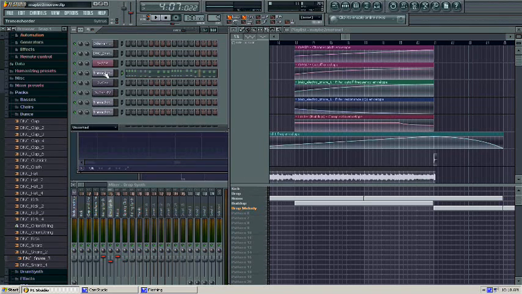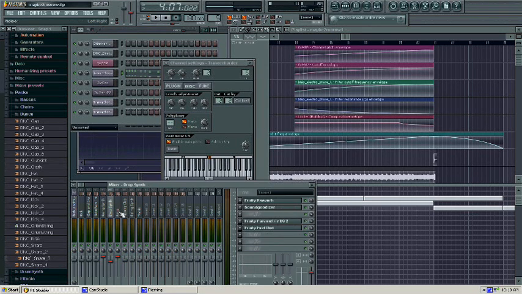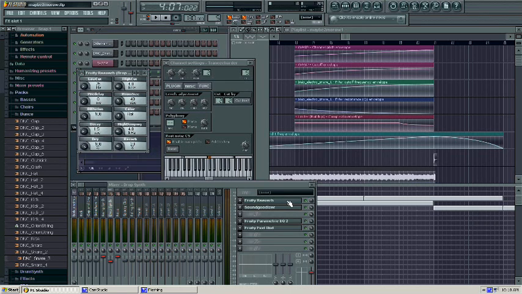Now on to the actual effects that we're putting onto it. I have mine routed to mixer channel 5, so I'm going to go down here, and I have 4 effects on this channel right now to help bring out the sound and make it more rich. I have a reverb, just a regular Fruity Reverb. My reverb's at around 20%. Its decay is at around 1.5. I think this is the default for Fruity Reverb.